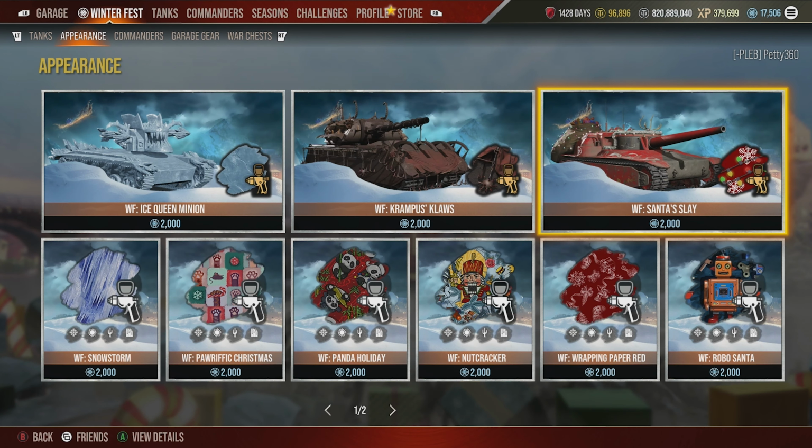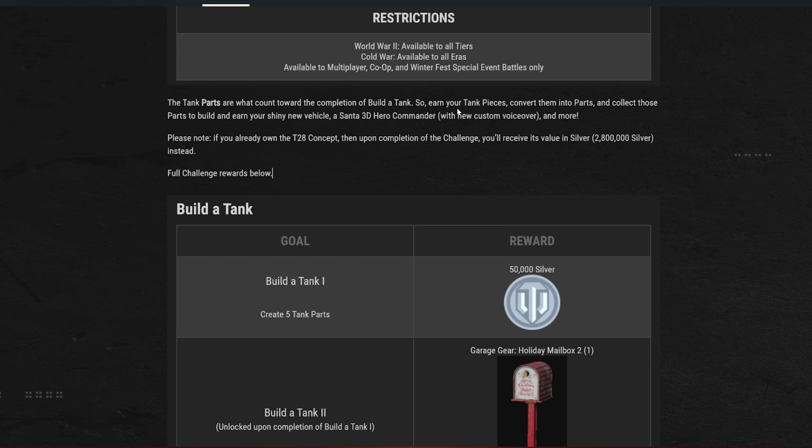So yeah, that's how and where you do it. So let's get it back up. As you can see, once you've started gathering tank pieces, you'll need to select the tank piece converter to convert 5 tank pieces into a part, and you get the 1 part, as I've just shown you in the game. The tank parts are what count towards the completion of a Build a Tank,